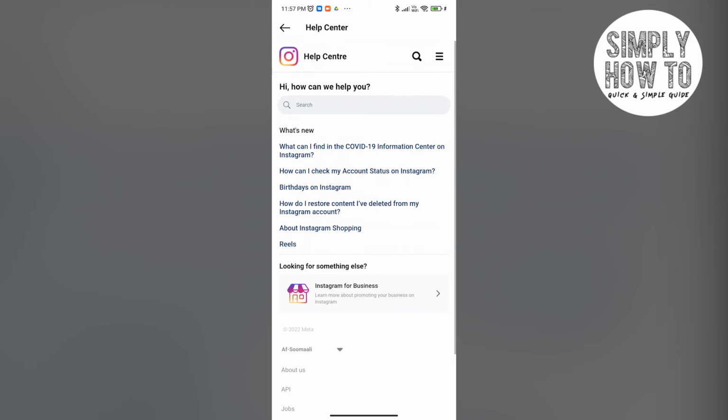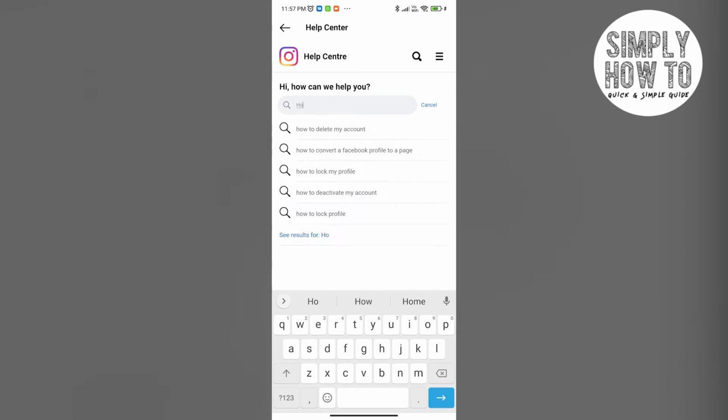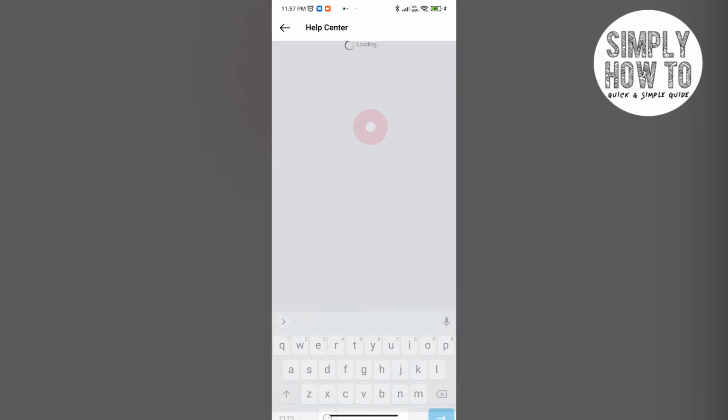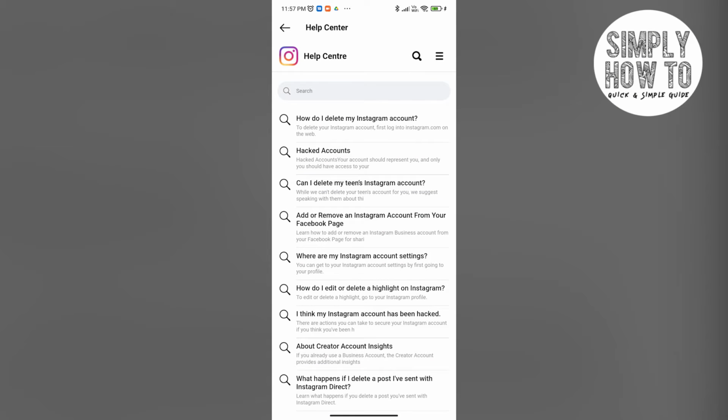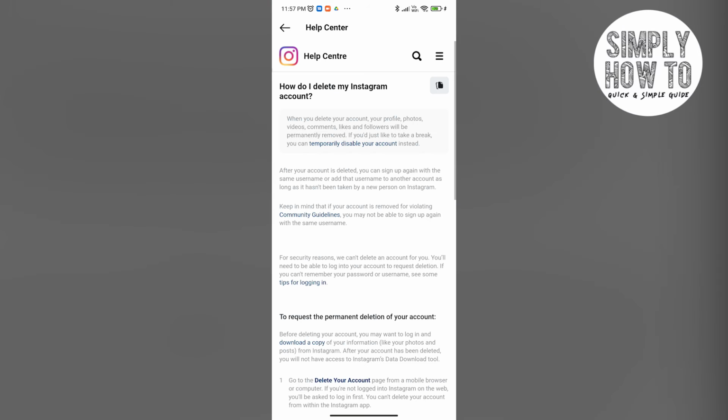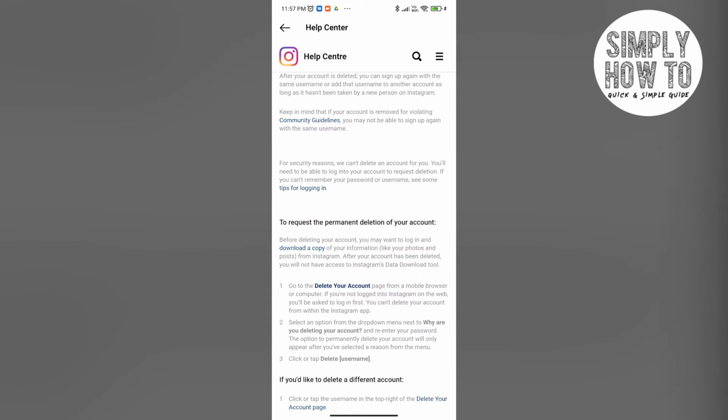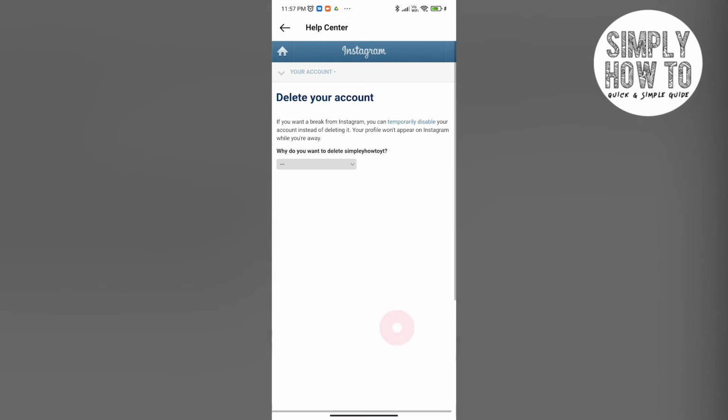But since it's deactivation and disable or deleting your account, which we were going to do, we're going to search for that. How to delete my account? Well, you can see that the first search option is what we want to do. And once you're here, you'll have to click on go to the account page. See, as you can see, the things that I've done has brought me to this page, which is delete your